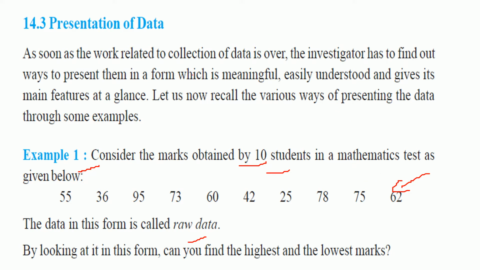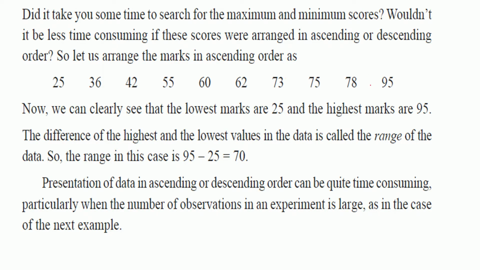So as you collect the data, the investigator has to find something meaningful out of it, something easily understandable, right? In this data, if you make the effort, you can get it. But right now we want a way to present the data. The best way is to arrange these numbers in ascending or descending order. Now when you arrange them in ascending order, this is the minimum one,